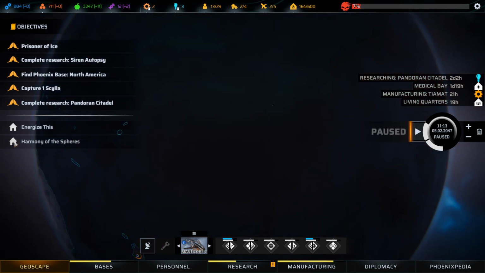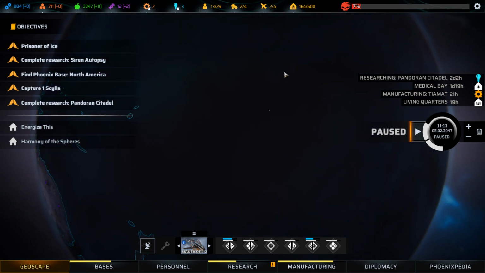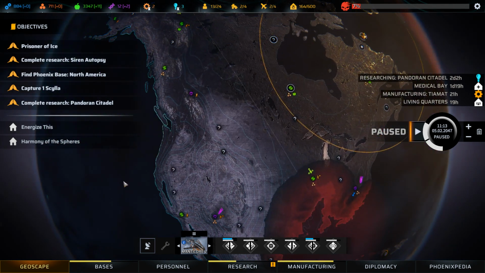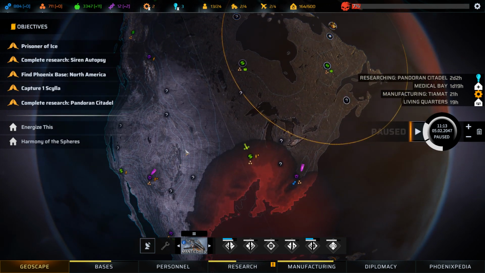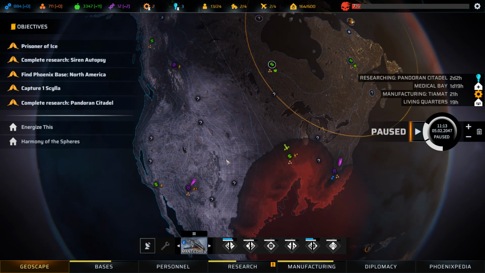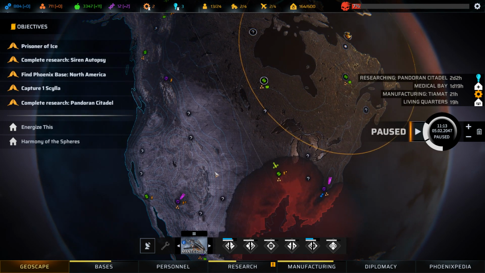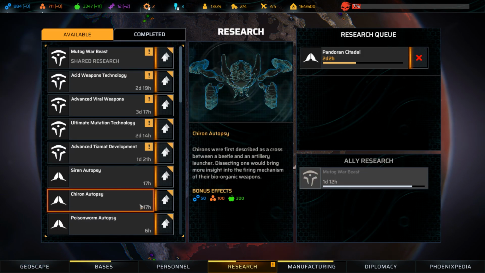So with this Harmony of the Spheres, that's pretty far away. We should probably have Manticore 2 fly back to, well, you know, it does say there's a Phoenix base in North America. We have a mission to find the base in North America, and we have some important stuff to do here. Let's go ahead and get to it. Also,